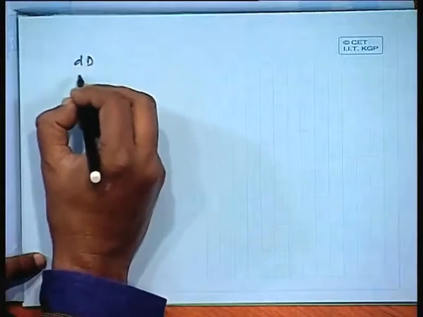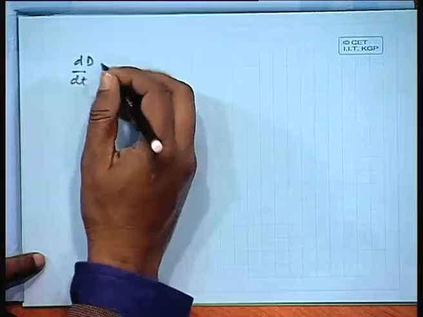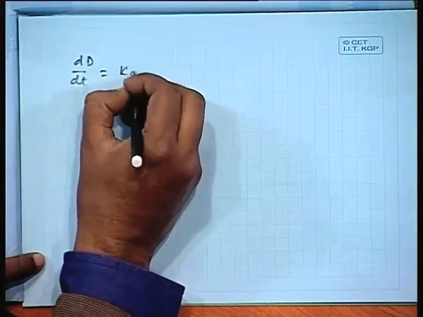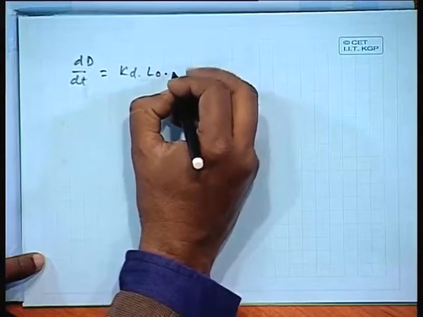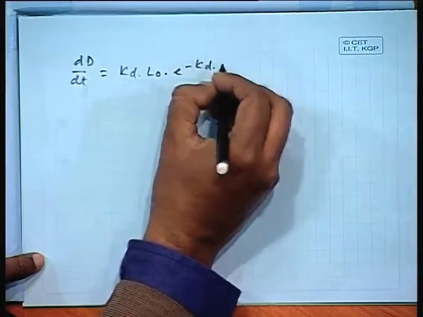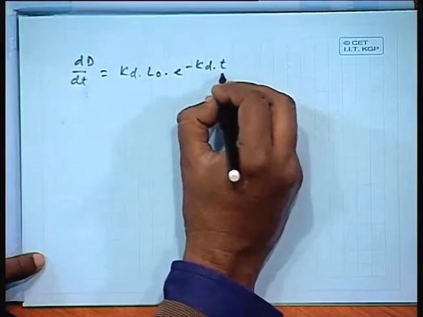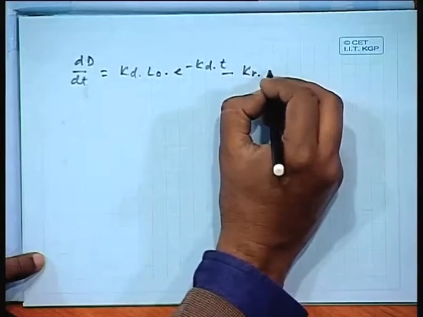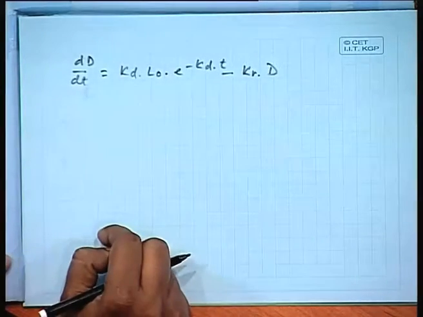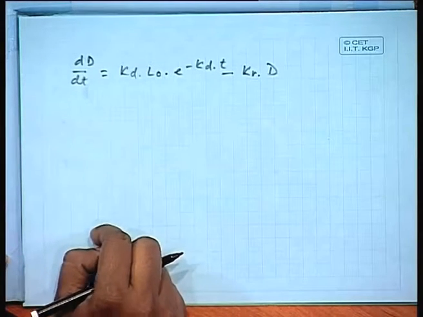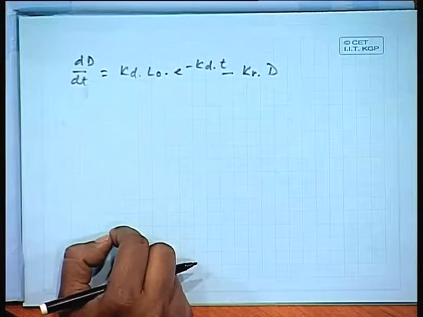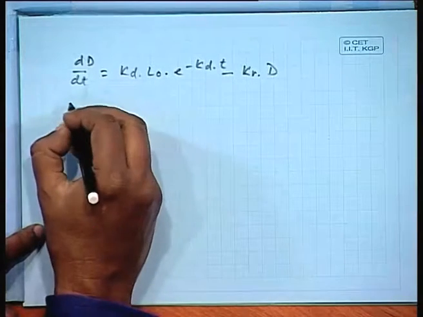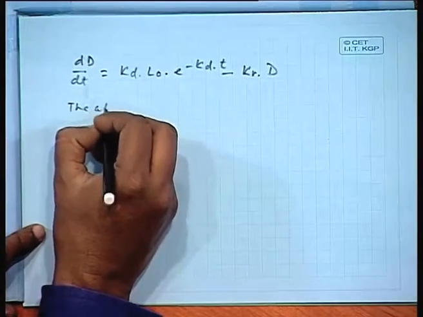This is dD by dt equals kd into L0 into e to the power minus kd into t, minus kr into D. The approximate